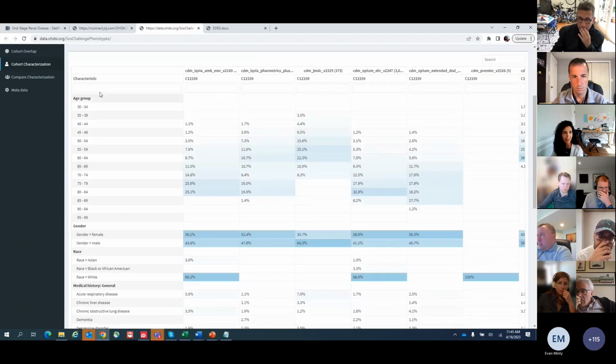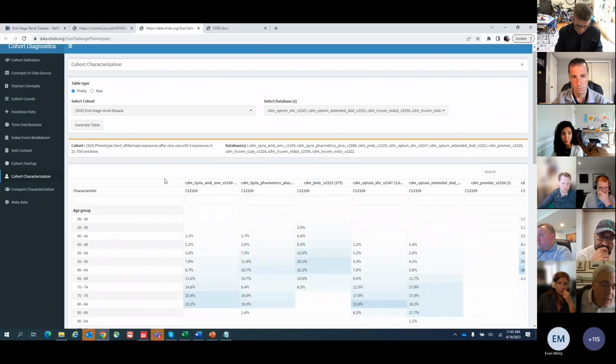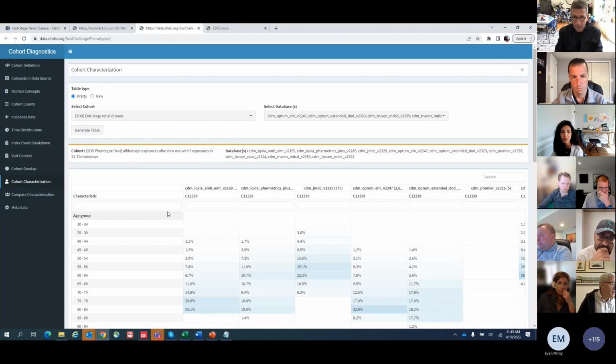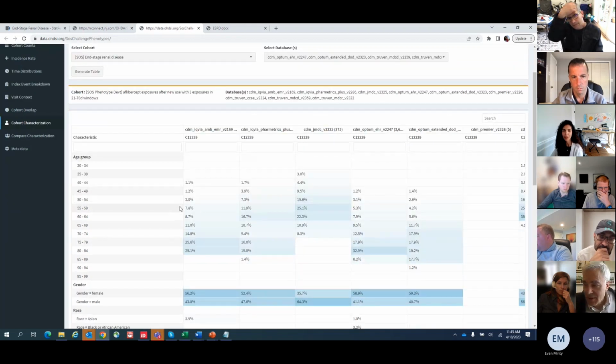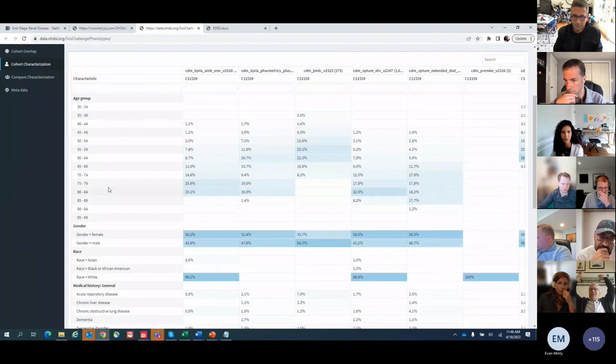So here it is giving me the characteristics, the table one, of the people in the end-stage renal disease across different databases. And in this case, in the pretty table, remember, it's your table one, so that's going to be on baseline. So not during follow-up, but at baseline. Okay, so I first see the age distribution, which is something I already understood from the incidence rate. And you can see here that 60 to 70 is where you have the highest